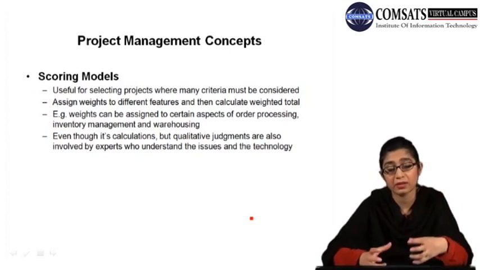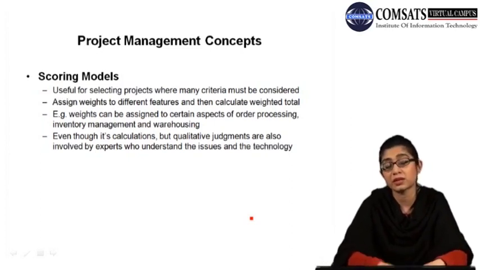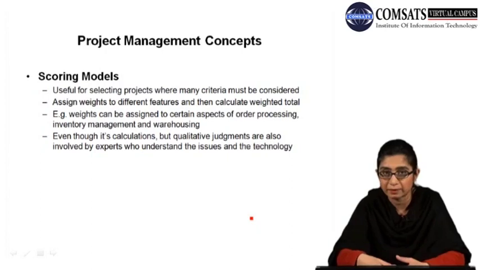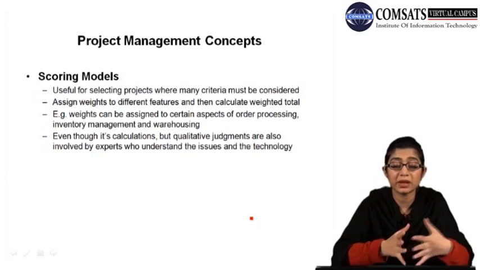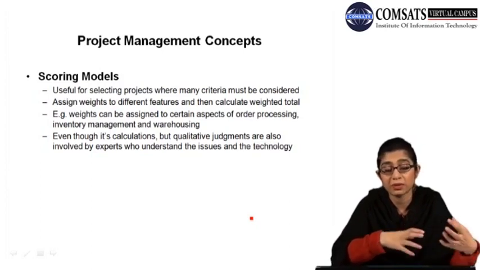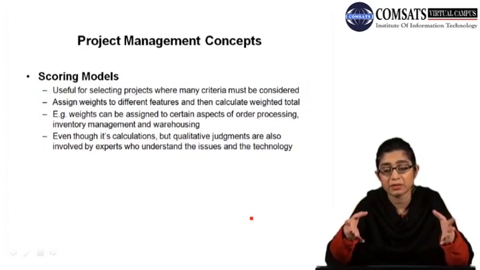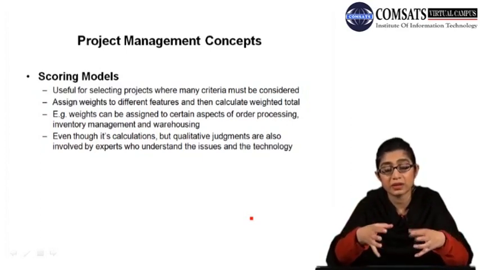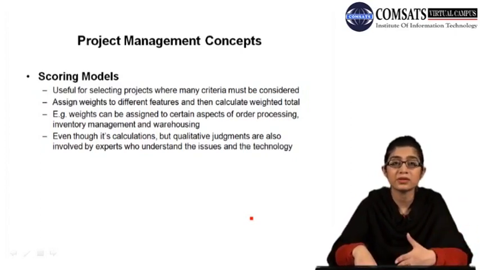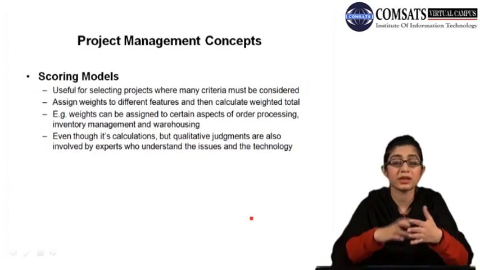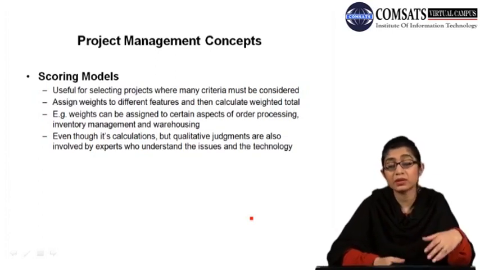The management sits together and comes up with a unanimous decision that these are the criteria that need to be considered, and these should be the weights assigned according to what the organization needs. So, for example, weights can be assigned to certain aspects of order processing, inventory management and warehousing. If they want to include these 3 functions in the enterprise system, order processing, inventory management, warehousing, then the different functionalities of order processing will be assigned weights,